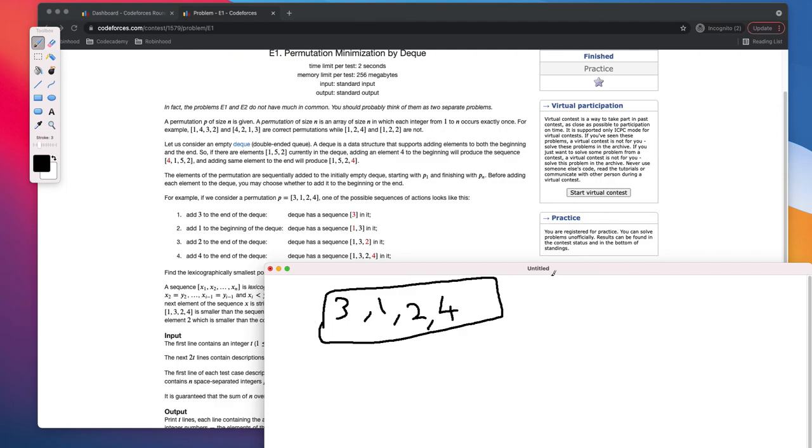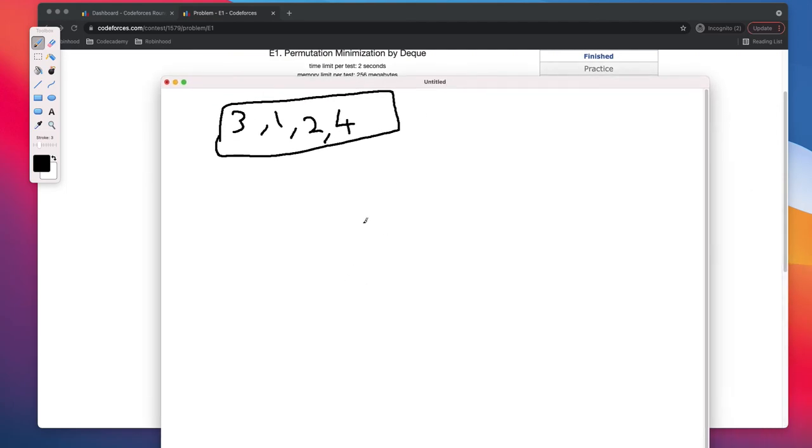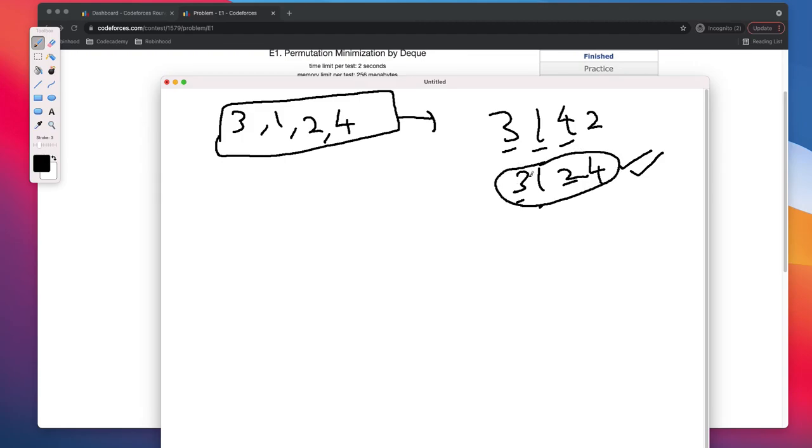So your task is, as the numbers come in, you can either add that number to your list at the beginning of the list or at the end of the list, and you have to be optimal in making that list lexicographically smallest. So one permutation of this would be 3 1 4 2, and the other one is, let's say, 3 1 2 4. So this is lexicographically smaller than this, because this and this are the same, this is the same, but here 2 is less than 4. So we should actually pick this.